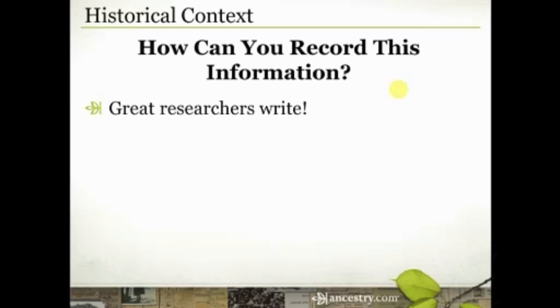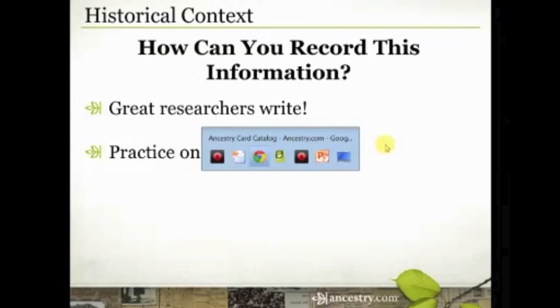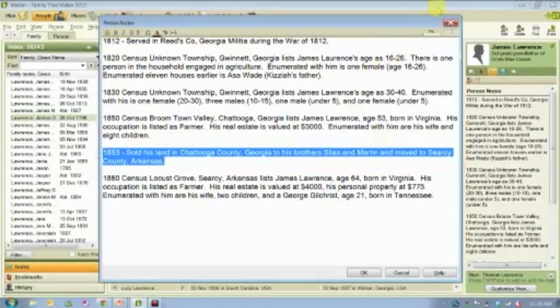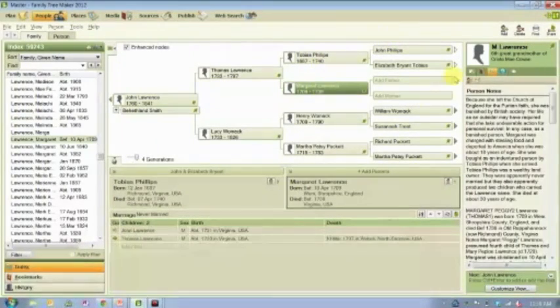You can do it in a notebook, which is actually how I started. I just had a little spiral-bound notebook, and every time I sat down to research, I would write myself research notes. As I discovered that there was more sophisticated software available, or as I wanted to write additional information or make notes about more things, I started keeping that information in my Family Tree Maker program. So you can see here I've showed you how I transcribe the records, but sometimes I actually put in narrative